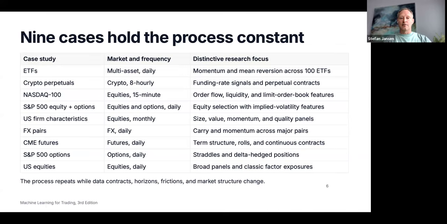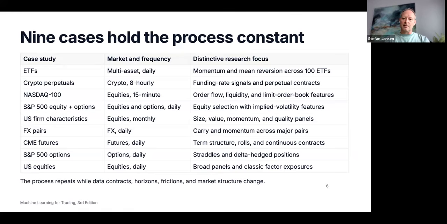Now, what's very new in the book is case studies. We did have various examples in the second edition. These were all a little ad hoc, like here is a chapter about gradient boosting. Let's download some Japanese equities and see how we could create a strategy with this. And then here's a chapter about deep learning, and let's get some other data and see how that works. And that's useful because it illustrates generally how to work with the data, but it doesn't really allow for systematic comparison and see how you take the same decision differently in different markets for different asset classes at different horizons, different frequencies, etc. So this time we created 9 different case studies based on different data sets